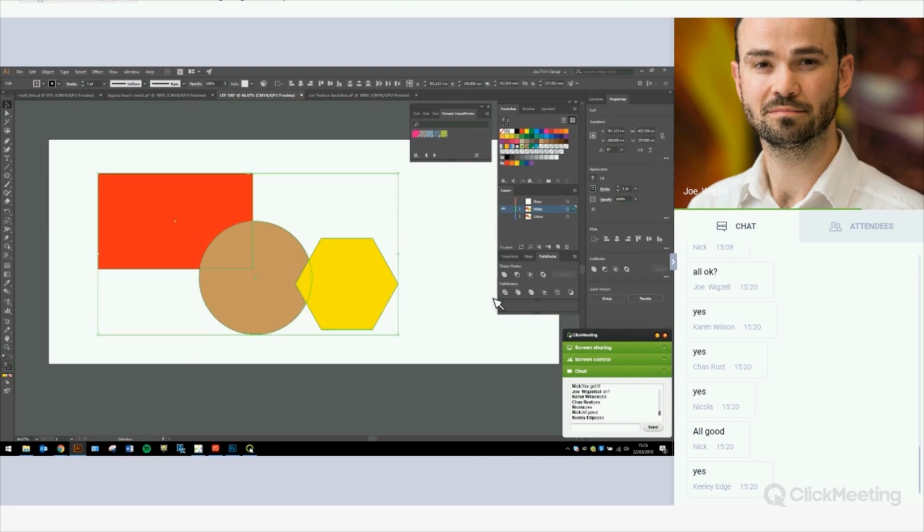So I'm going to highlight all of these now, and using my Pathfinder tool, which was one of the windows that I had open on my home screen here, I've got the first option there, which is two little grey squares overlapping, and if I hover over it, it says Unite. Alt-click to create a compound shape and add shape area. So if I just click on it, what it's going to do is merge my three shapes together to become one single shape,